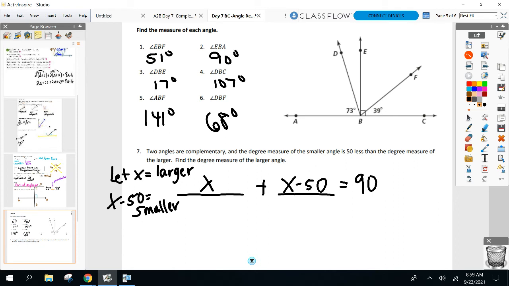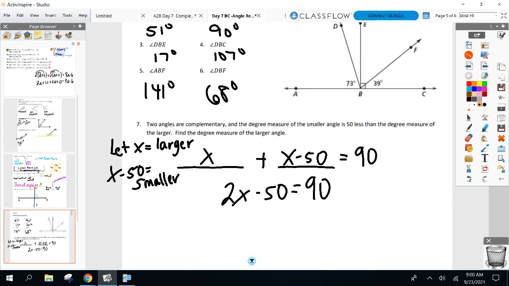Now, I said there was no wrong answer what you call x. Let's say somebody was like, hey, I'll make x the smaller. No problem. What would be the larger one then? X plus 50. Fine. That's fine. All right, no big deal. So here you go. Ready? 2x minus 50 equals 90. Add the 50 over. 2x equals 140. X equals